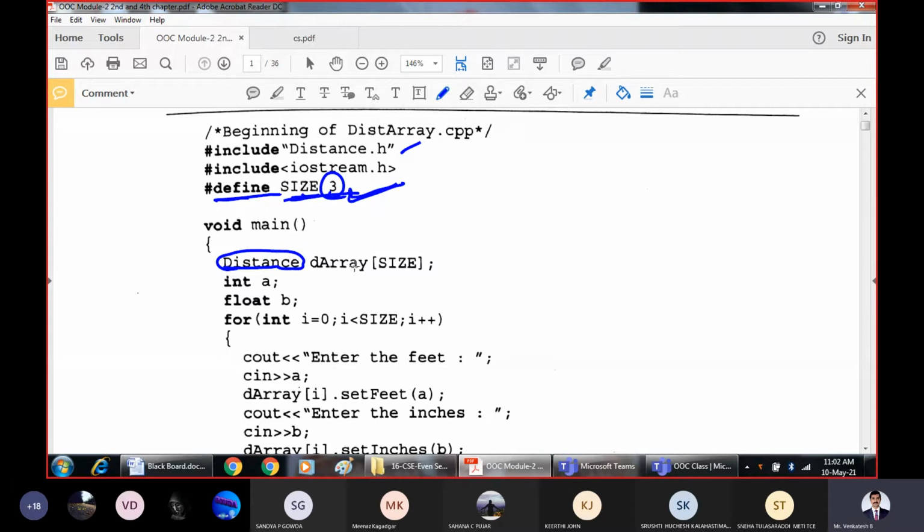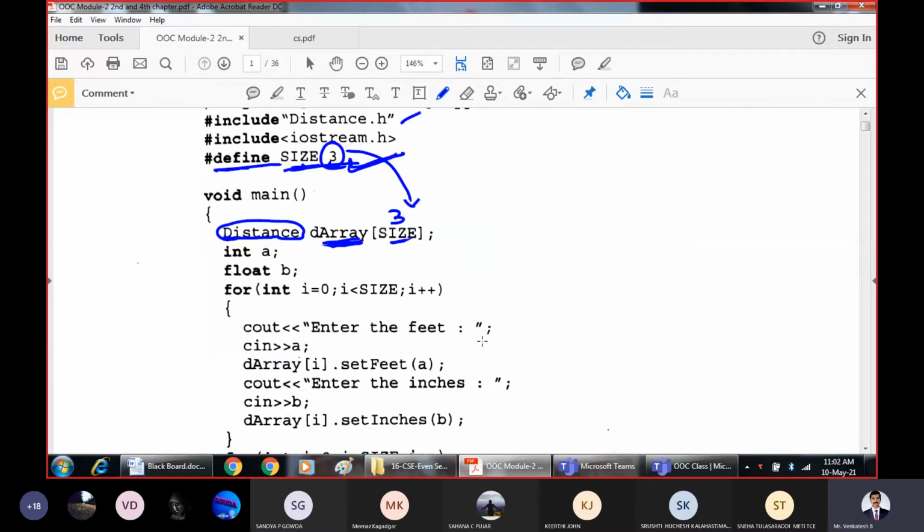For that distance class, we are creating an array of objects. D array is the name, whose size is 3. So what is size? Size is 3, so that will get substituted here. Basically, we are creating 3 objects.